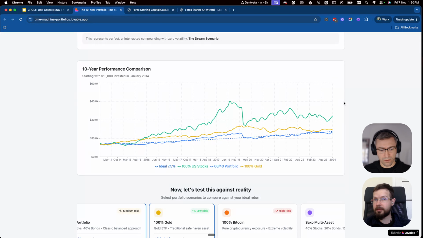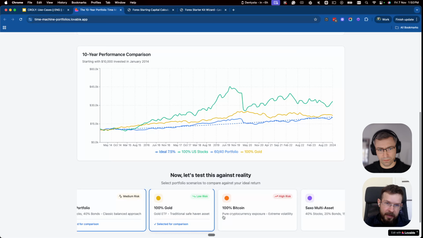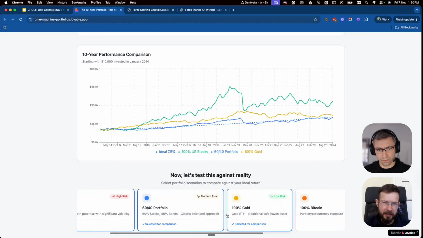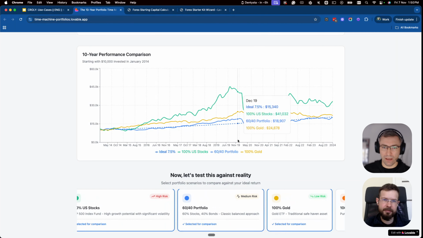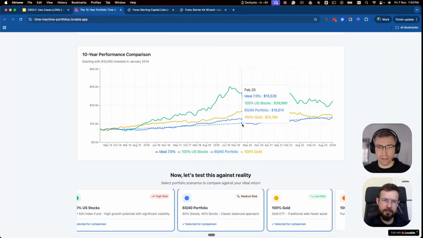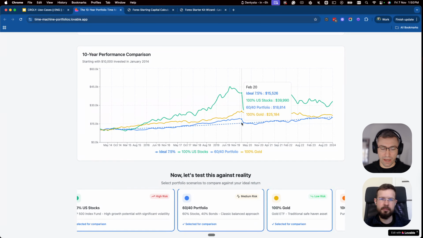However, there are different ways to structure a portfolio. We see 60-30, I think. Gold, yeah, Bitcoin. Okay, that would be fun. In my opinion, that's the best way of getting a user ready, rather than just giving a user a question: are you ready for a 30% drop in your portfolio? Yes, I'm ready. Sure, but it's a totally different thing than if you send that user to that kind of app